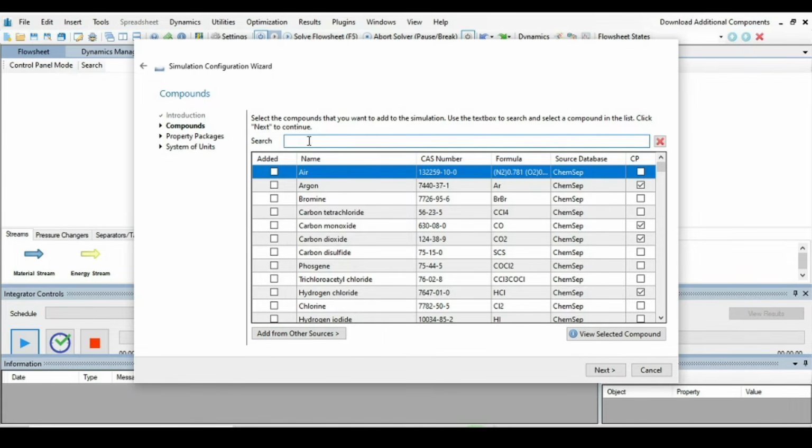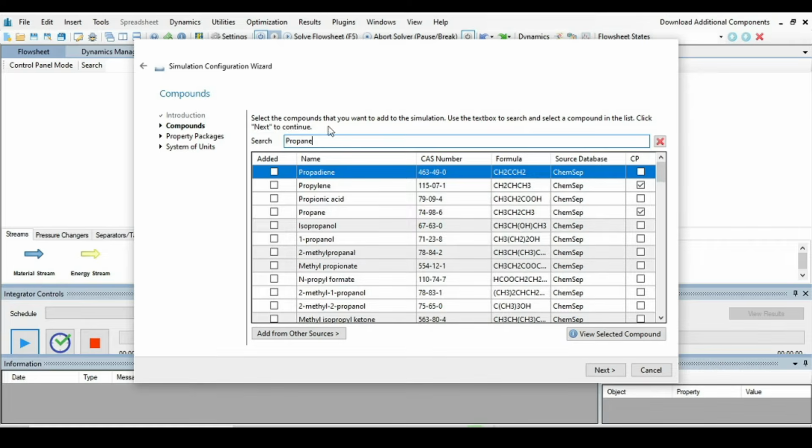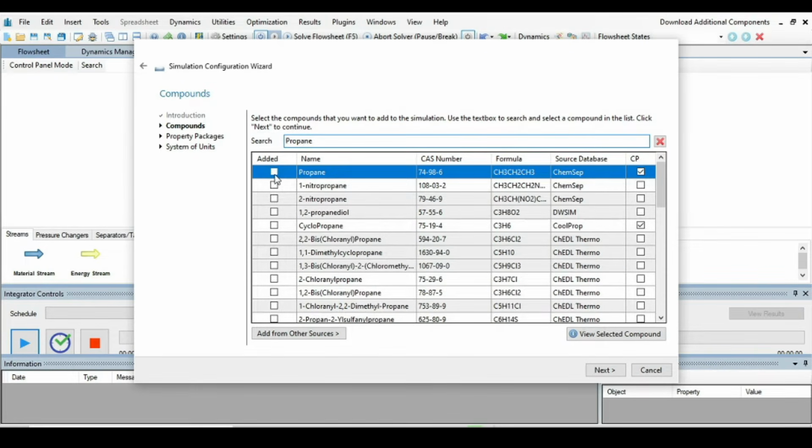So in our case, these are propane. So just write here, and from this column just click on it, so it will automatically be added into the simulation. Okay, after propane, next is